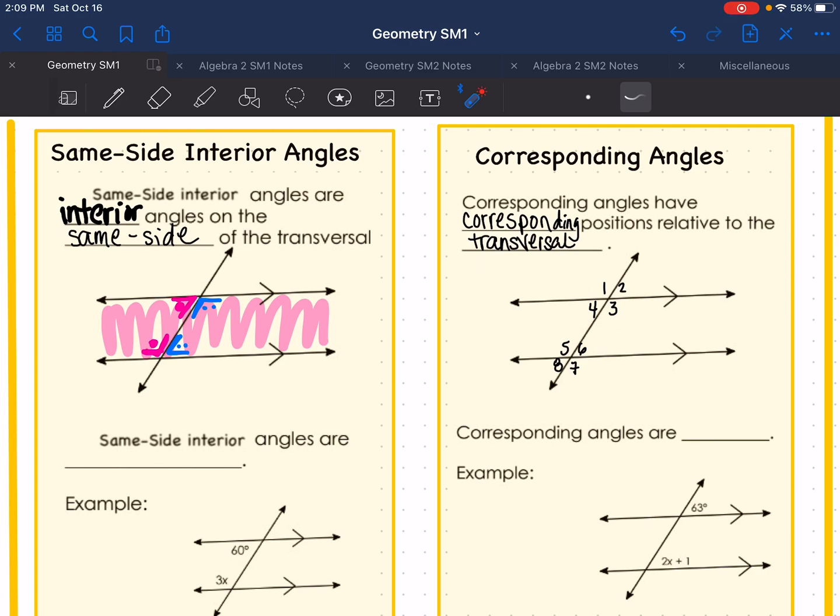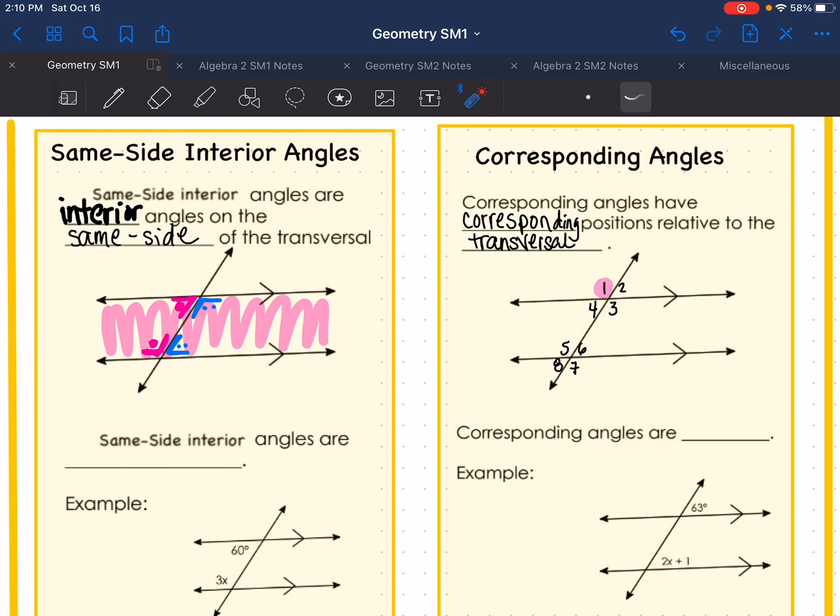Okay, remember when I do this, right? This would have been 4, and this would have been 3, and this would be 5, and this would be 6. These two go together. 4 and 5 are same side, and then 3 and 6 would be same side if I use the numbers. What I have to do is I have to go from one group to the other group. So I'm always going from one parallel line to the other parallel line. So when I talk about their positions,